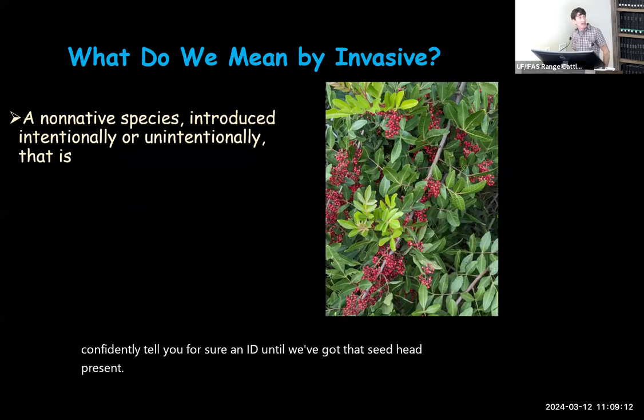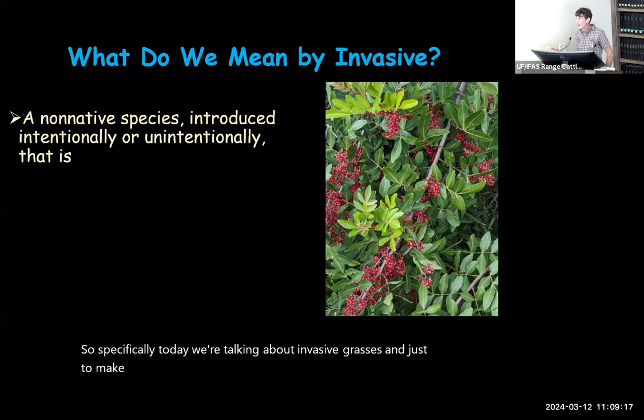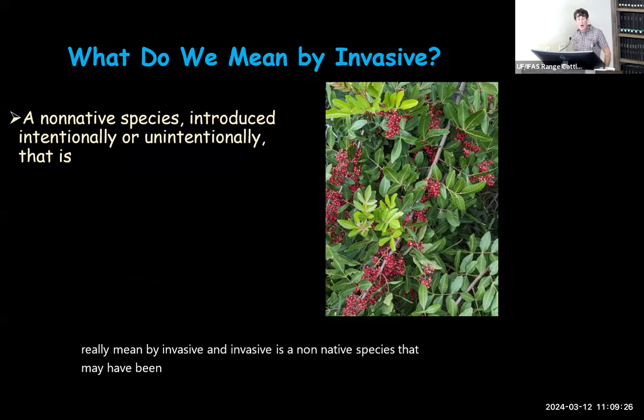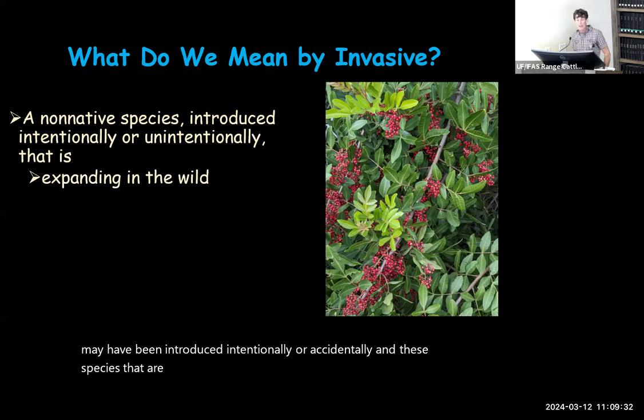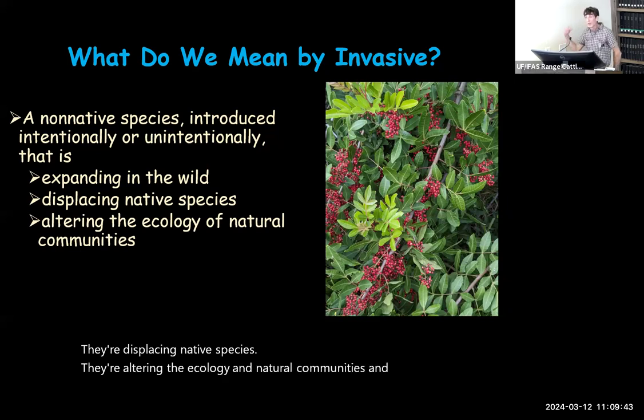So specifically today, we're talking about invasive grasses, and just to make sure that we're on the same page in terms of what we really mean by invasive. An invasive is a non-native species that may have been introduced intentionally or accidentally. And these species that are introduced are expanding in the wild. They're displacing native species. They're altering the ecology of natural communities, and that can be like with Cogon grass, where